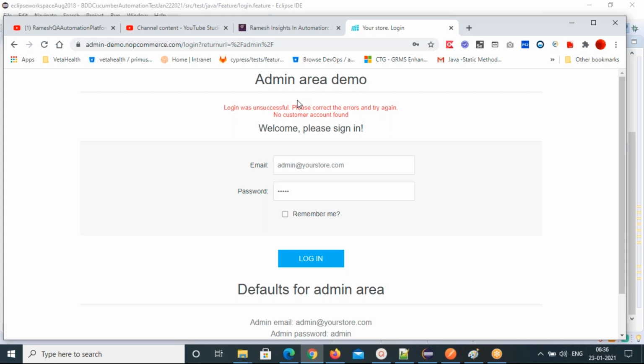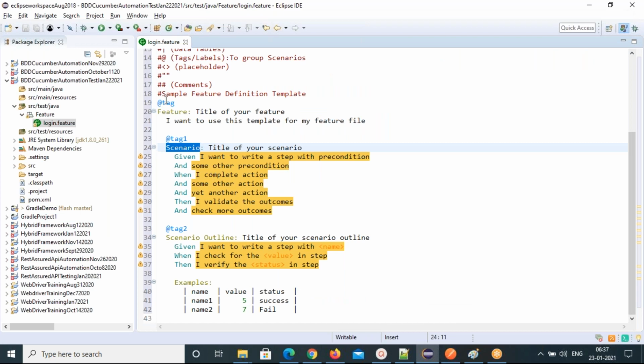So these are the points we need to write in a proper way in the feature file. And how to write this feature file? I'm removing the tags here. Now I'm not taking any tags. If you want, you can add a grouping, and grouping can be done with the tags, tag 1, tag 2, all these things.